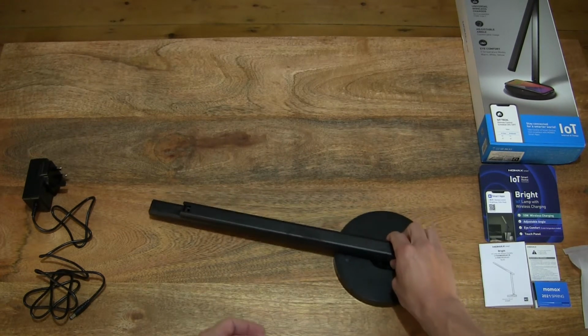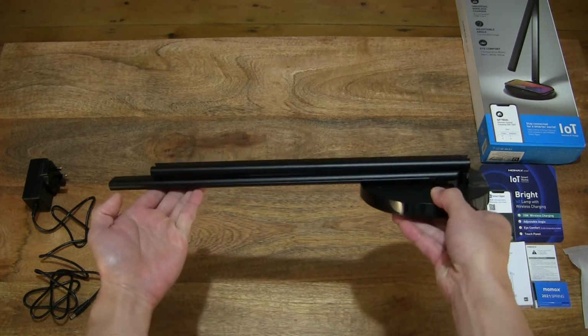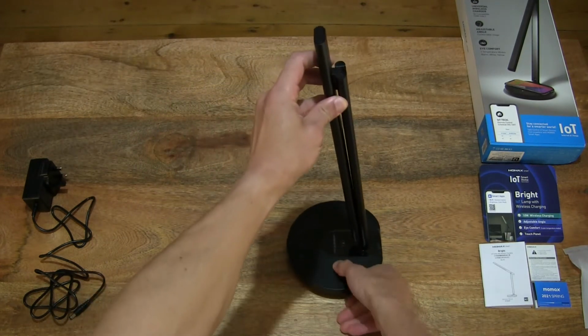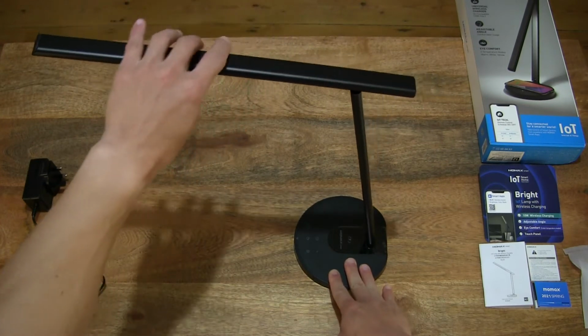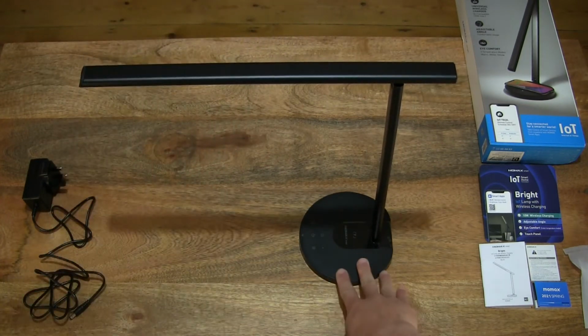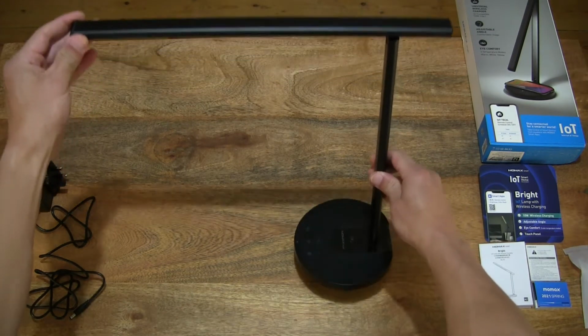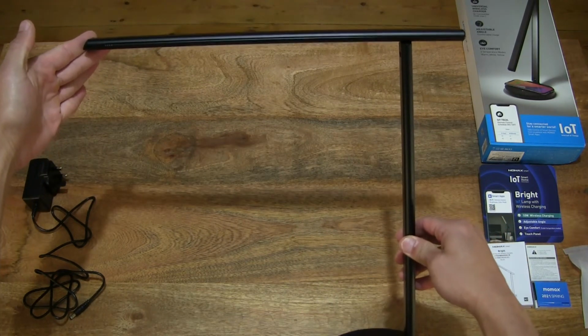And now let's go ahead and extend the flexible arms of this MOMAX Smart LED desk lamp. So right there we can see that the desk lamp does have a very minimalist design with its sleek flexible arms